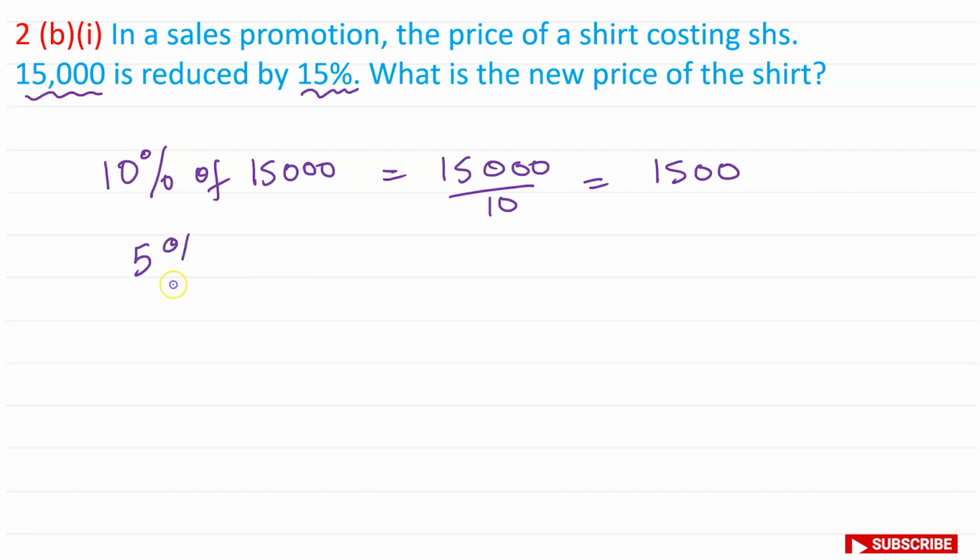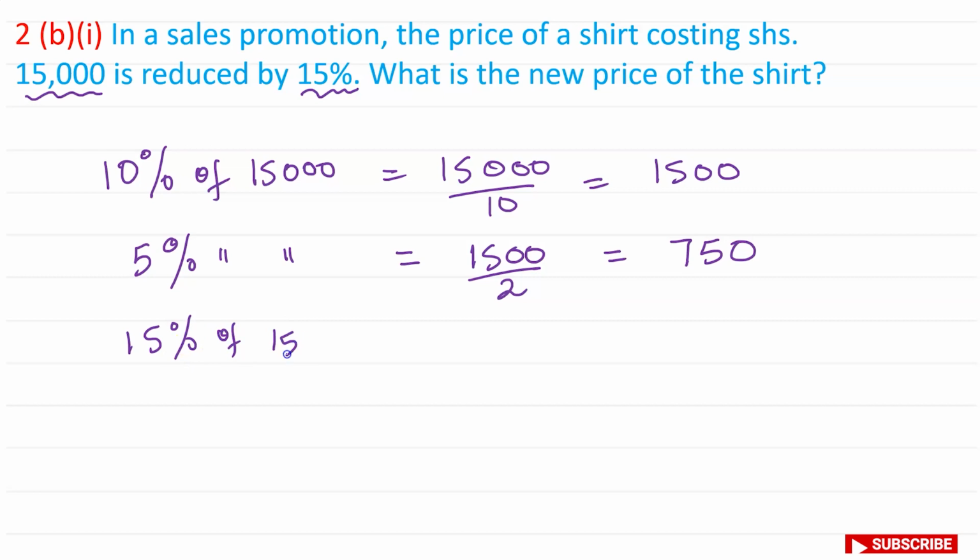Well, all we have to do is divide 10% by 2. So that's going to be equal to 1,500 divided by 2. And the answer to this is 750. So therefore, 15% of 15,000 is going to be equal to 1,500 plus 750, which is going to be